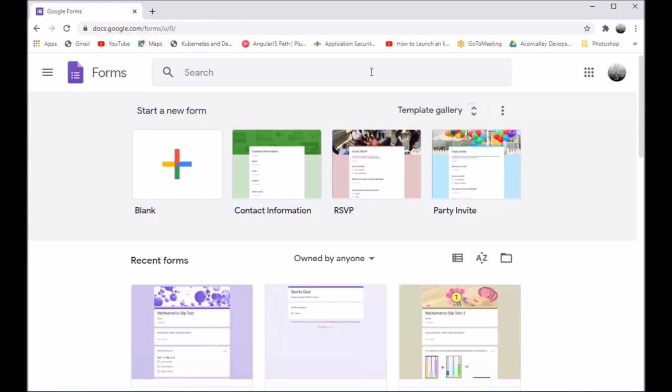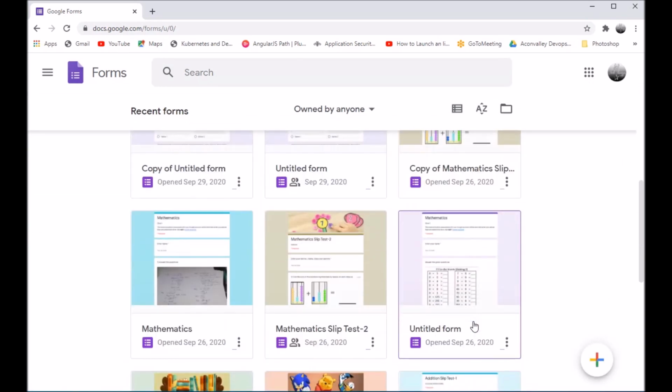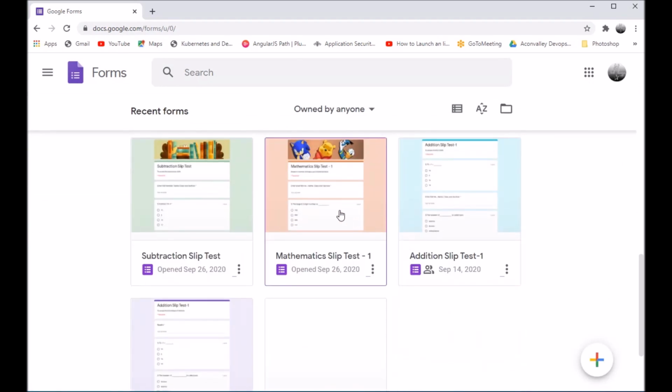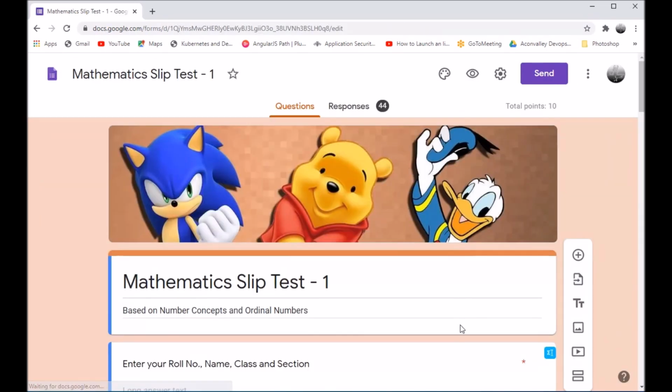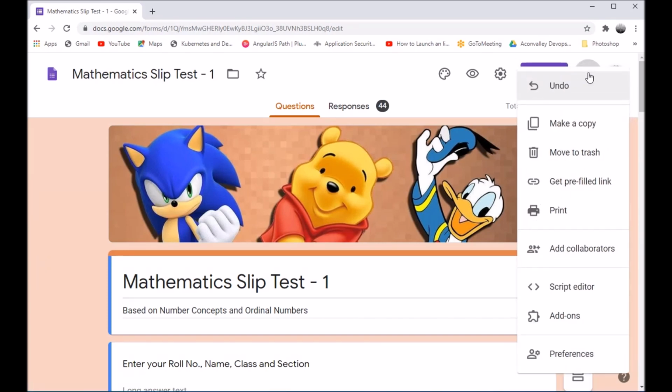So once you open forms, all the forms that have been created by teacher A are displayed here, and she can open the form that she wants to share with teacher B and teacher C. So click on the form and open the form. Once the form is open, now click on the more options, the three dots towards the right, vertical dots. So you can click there and select add collaborators,